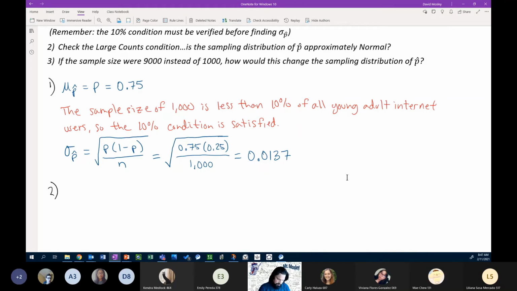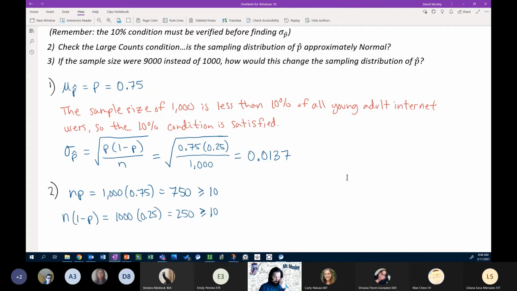So we check. n times p equals 1,000 times 0.75 equals 750, which is greater than or equal to 10. n times 1 minus p equals again 1,000 times 0.25, which equals 250,